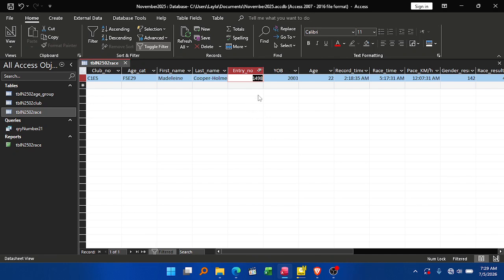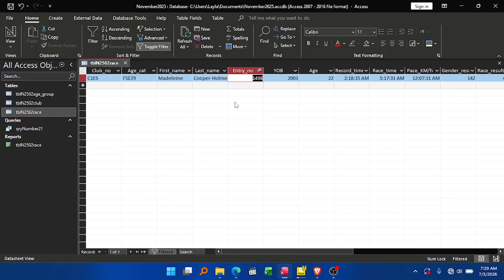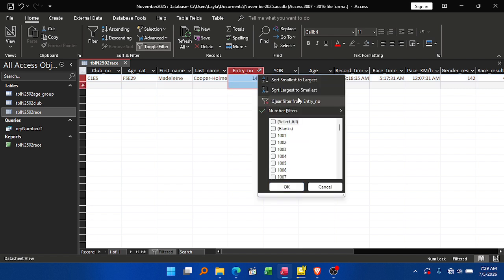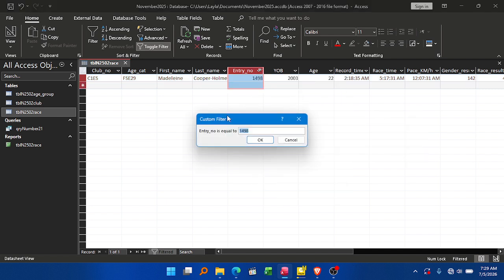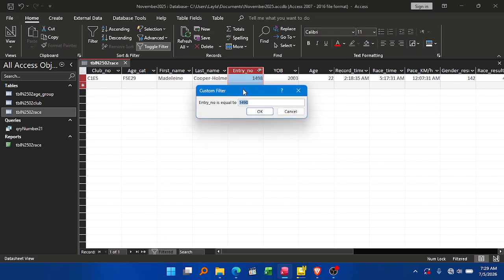Then, let's see from the question here, we need to place in our evidence document a screenshot showing the automated search function that we used to locate this record. So what we need to do is come back to filters, number filters, click on equals. This is a custom filter that we used to search for this particular record. You want to make sure that when you paste this inside of your evidence document, it's also included. So maybe let me just